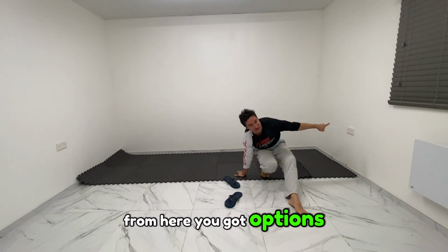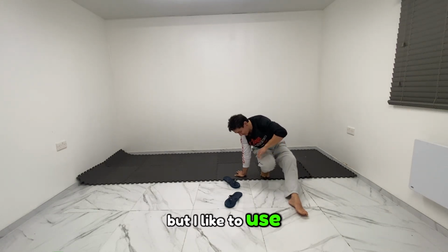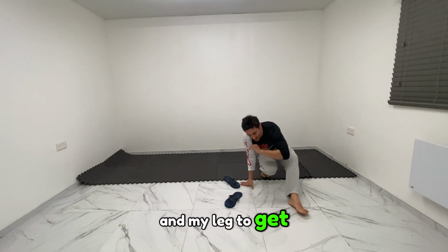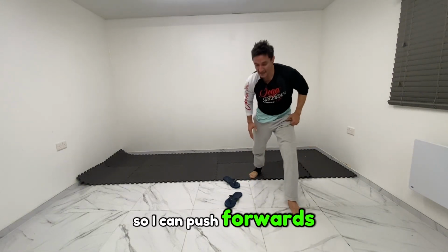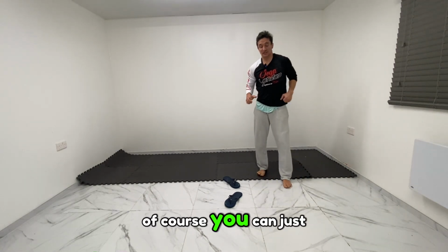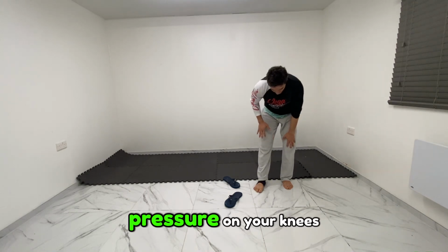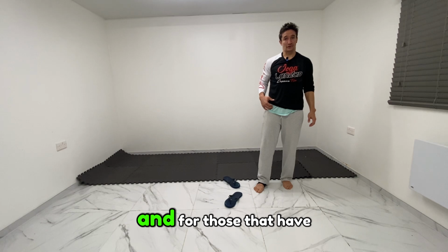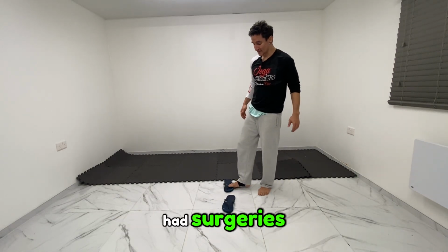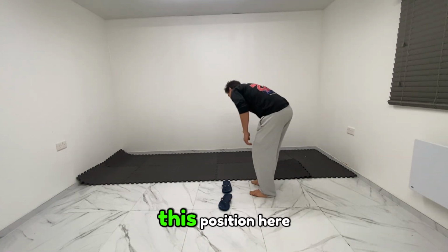From here you got options to do the rolê, to stand up, but I like to use the support of my hand and my leg to get back up. So I can push forwards, up to the ginga or do whatever. Of course, you can just stand up without the hand, but that brings a lot of pressure on your knees. And for those that already have weak knees or have had surgeries like myself, I try to preserve my knees. So when I'm in this position here,